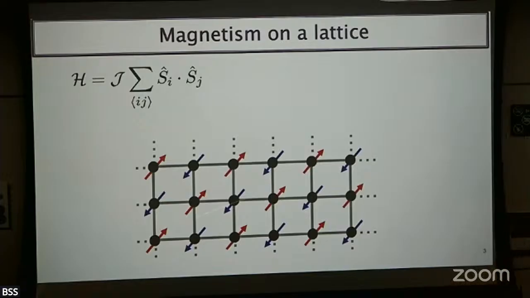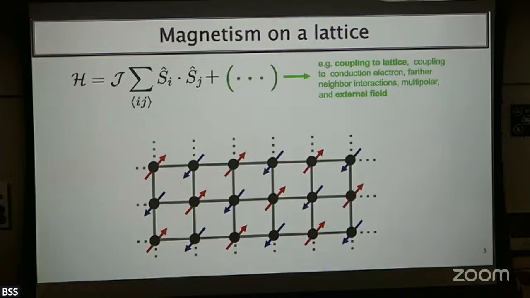So this is something we've been seeing so many times: antiferromagnetic spins sitting on the lattice. This is the very basic foundation of how we write down the Hamiltonian. And this is the simplest Hamiltonian we can think of, the exchange Hamiltonian, considering just the nearest neighbor. When ordered, it's an antiparallel ordering. And then there's always many terms in the parentheses, including all the things that we don't want to think about, or that are not important for my model, okay?